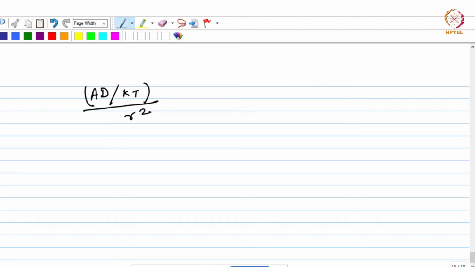Right? So this is the solute accumulation in a small time increment dt, right? So if you want to know the total accumulation of solute in a particular time interval, then you can simply integrate this over the range from r equals to